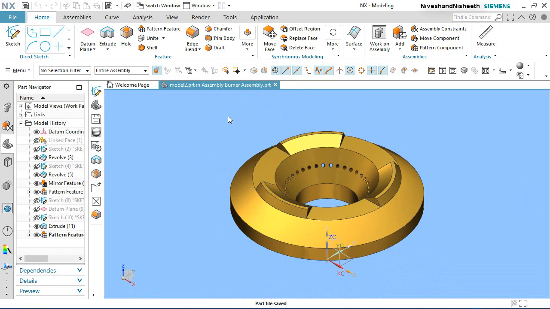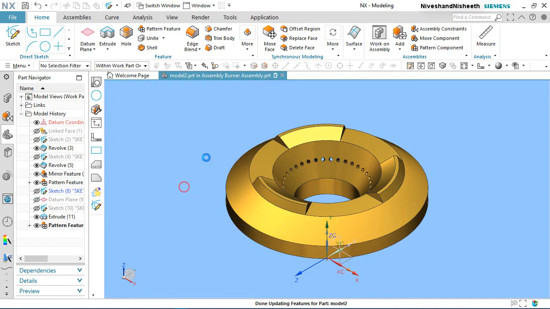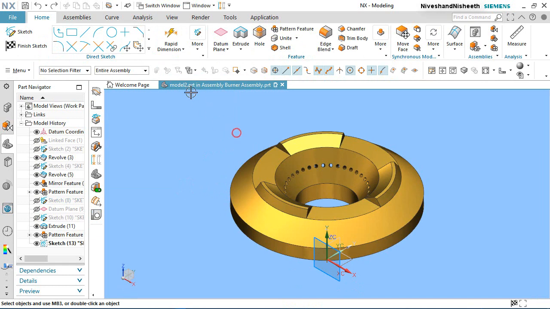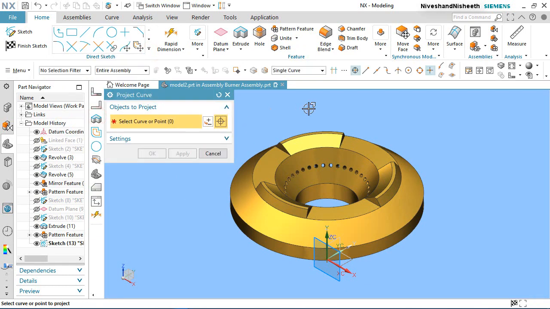In the same way, create another sketch on the same plane as we have done earlier. Apply the same steps that we followed earlier.